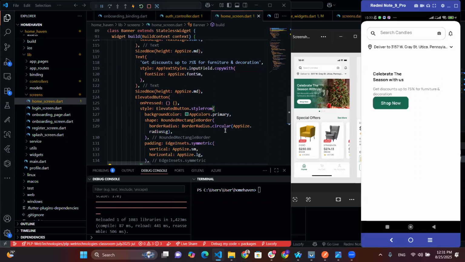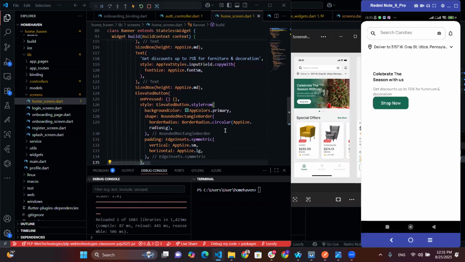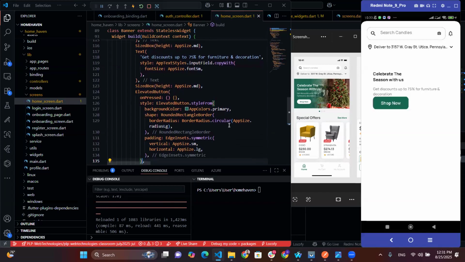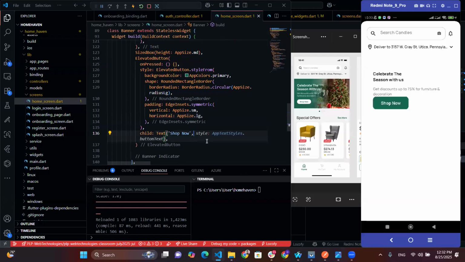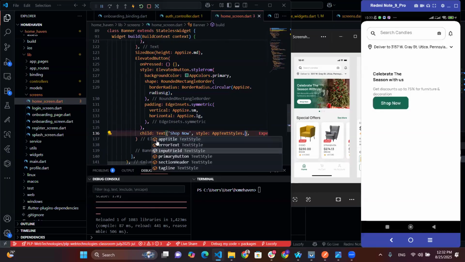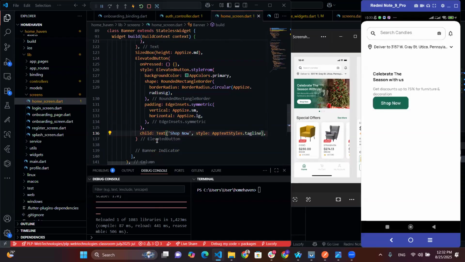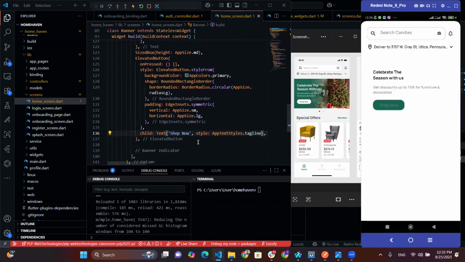Style from background is site dot radius LG. Padding, doing padding, many padding, but let's see how this looks first. For this shop now, do you have it like button text now? Well, we have use tagline. Okay, and then